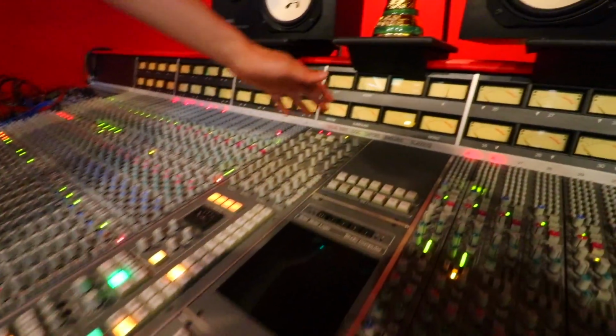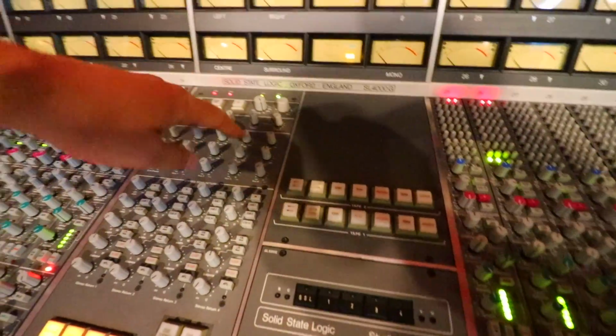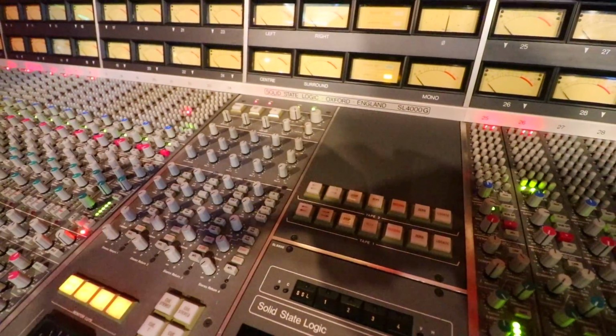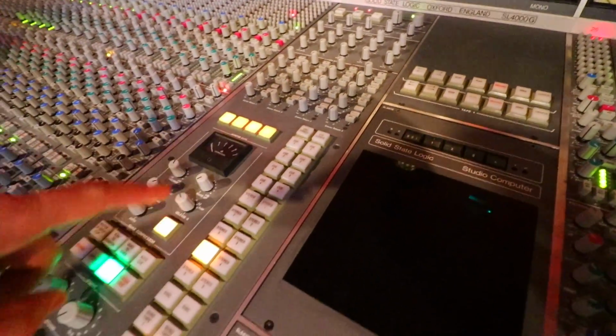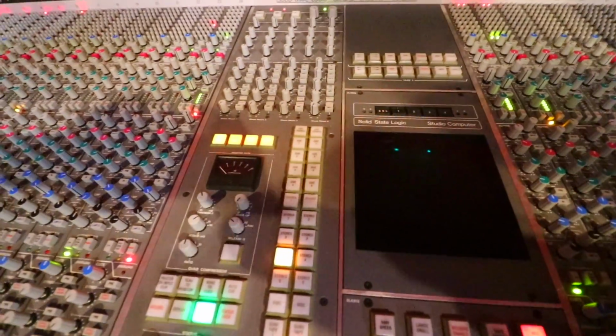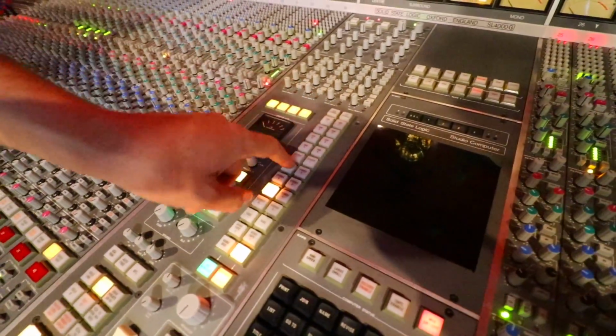Yeah. I mean, of course, we got a whole center section that has all kinds of things. Of course, here are some effect returns. We don't use those because we rather use full channels for effect returns. There's the famous SSL bus compressor. We all know it from the plugins. Yeah, right. There's a little